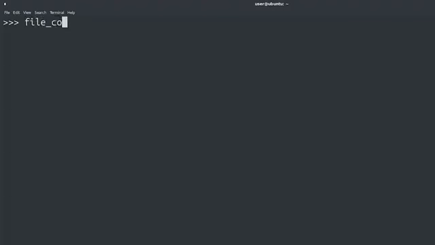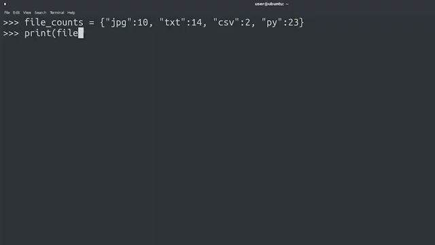We'll call it file_counts equals, and then open bracket, JPEG 10, text 14, CSV 2, and PY 23. Print file_counts. In this file_counts dictionary, we've stored keys that are strings, like JPEG, that point at integer